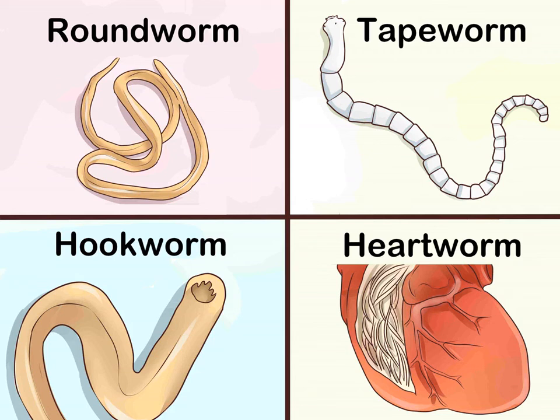How to identify different dog worms. There are many different types of worms that can infect dogs. Those of most concern are roundworms, tapeworms, heartworms, hookworms, and whipworms. Whilst each type of worm has a slightly different life cycle, the dog's symptoms can be consistent with different types